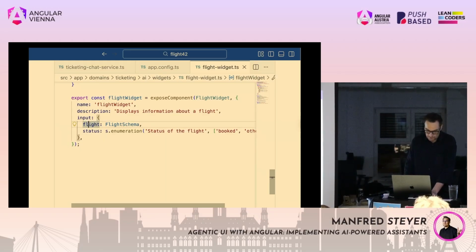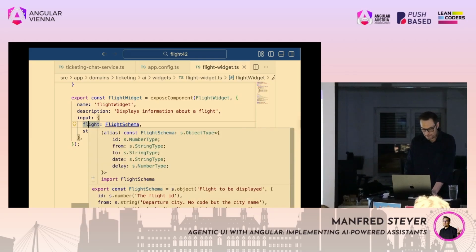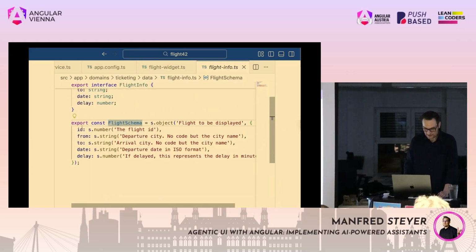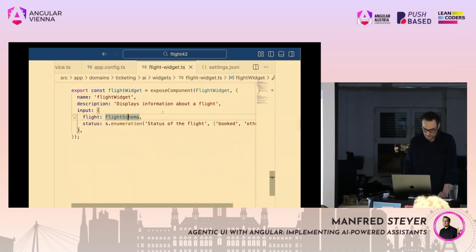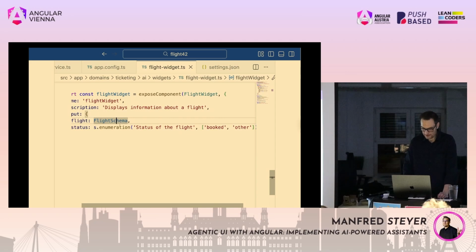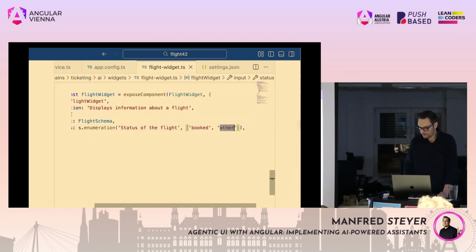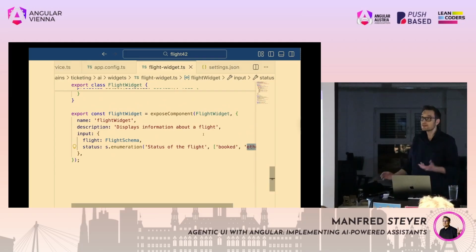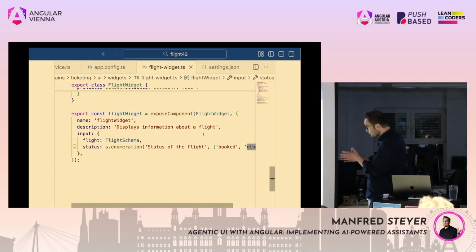The flight input is described by the flight schema that has ID, from, due, date, delay, with some descriptions. And status is described here in line. It's an enumeration which can have this or that value. And that's it. So what HashBrown now is doing is, it takes all this metadata, it brings it into a